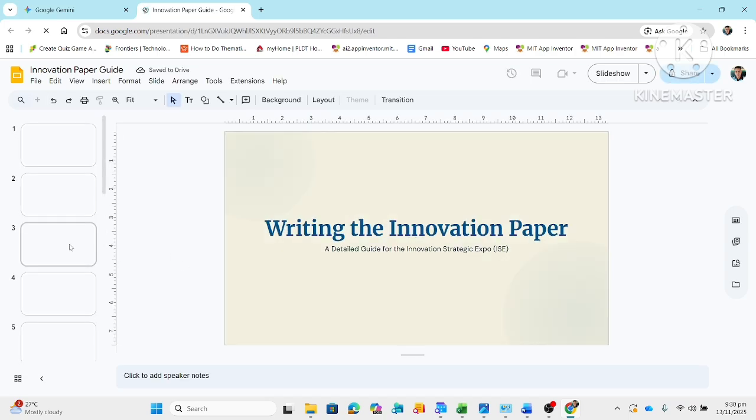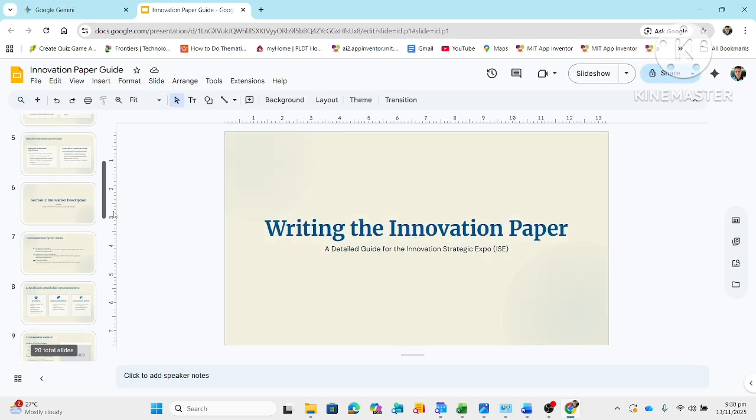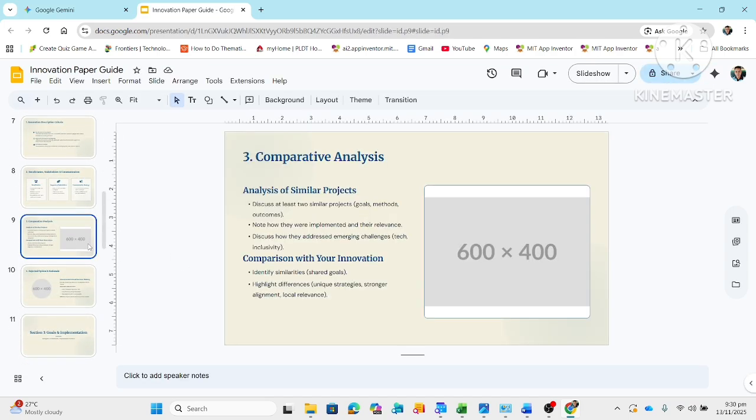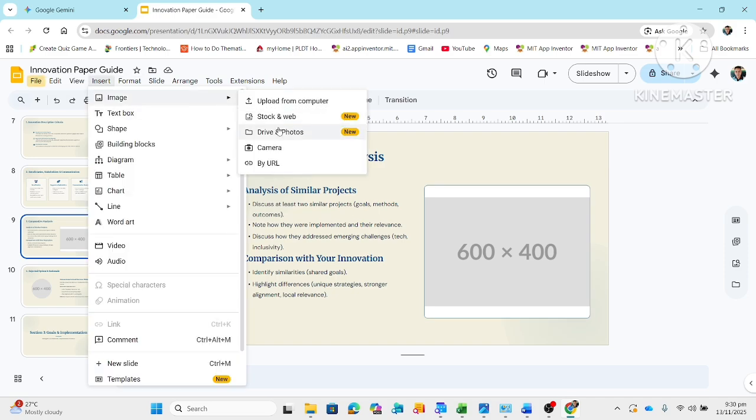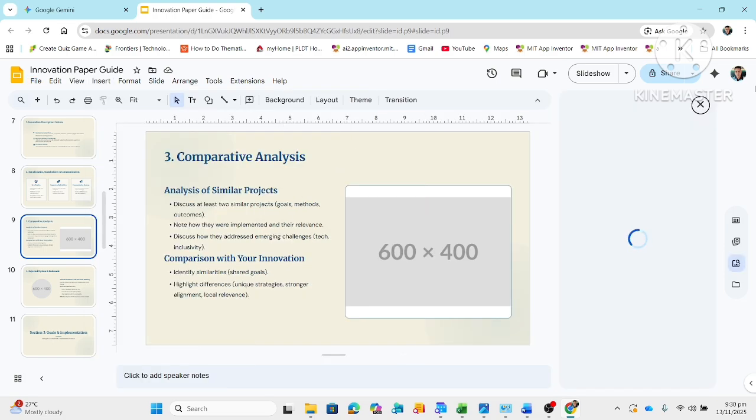Just click open slides. So in this part, what we're going to do is to add picture on the box where it doesn't have picture on it. Okay, it shows right here the title comparative analysis. That means we need to add picture right here about analysis. So click insert and then image. Then if you have already image with you in your computer, then click that one. If you wanted to search in the web, then click stock and web.